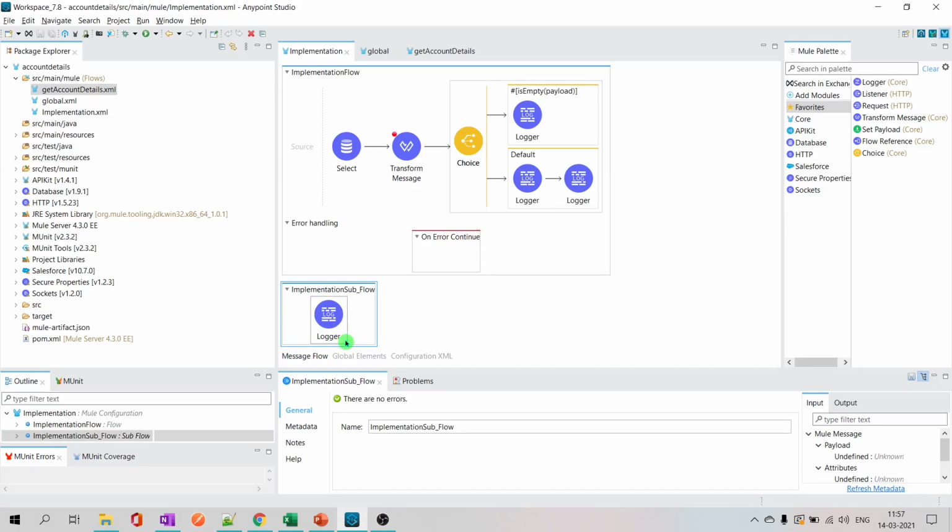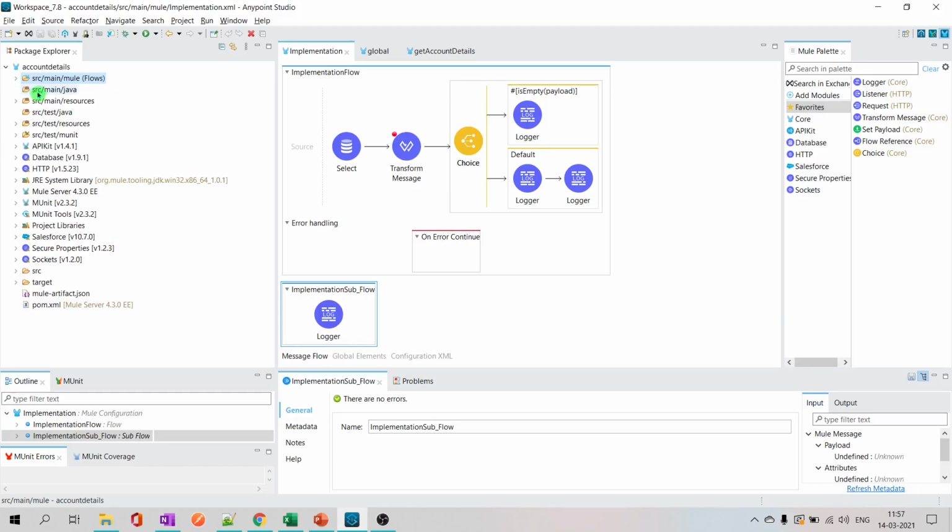You cannot have it. If you have a requirement where you have no need for your own error handling and no source component is required, then you go for subflow as a thumb rule. But again, it depends on your perspective, right? Okay, we are done with this folder now. Hope you understood. This contains mule flows.